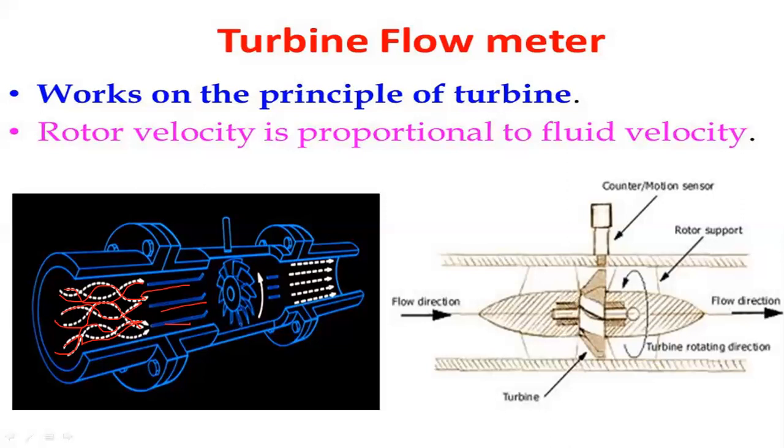So that is the procedure to calculate the flow rate of the fluid in the pipe by using a turbine flow meter. What are the different parts? You can see the rotor shaft and flow direction. This is the fluid input and fluid output. That is the flow direction, and this is the direction of turbine rotation. Whenever the fluid touches the turbine vanes, it rotates in this direction. And there is the motion sensor, which calculates the speed of the turbine. These are the constructional details of the turbine flow meter.